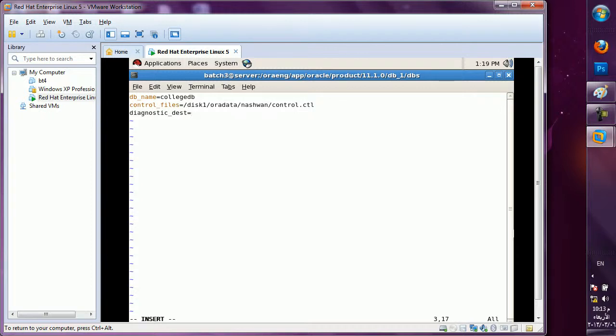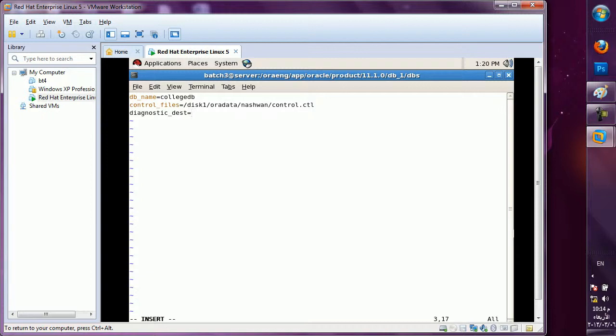So in 10g, what was the problem? To keep these three records, three folders we have to create, and three parameter file settings we have to provide in 10g. But in 11g they have removed all this concept. They have created one folder, and under that, in one particular file, you can see all the things, whatever the problem is.